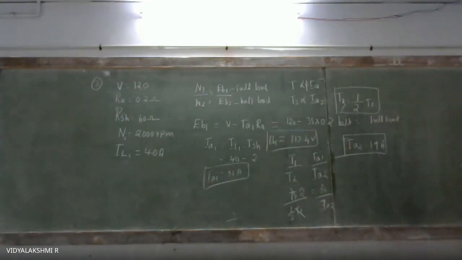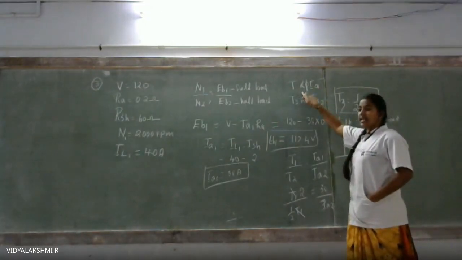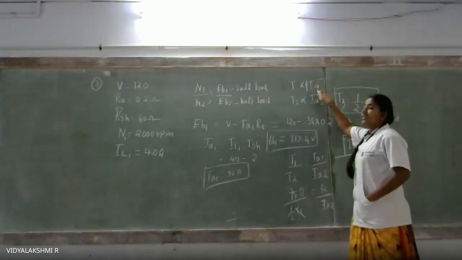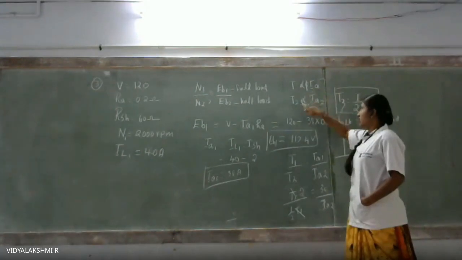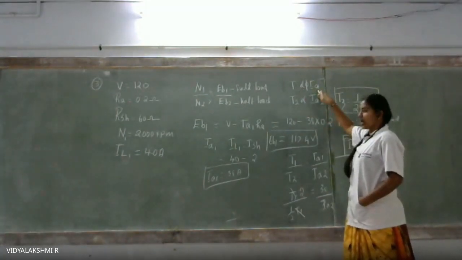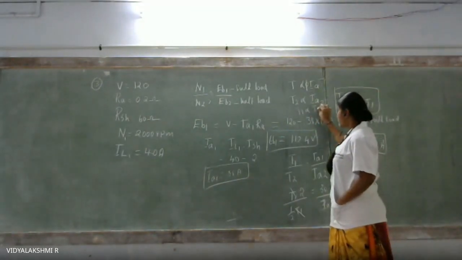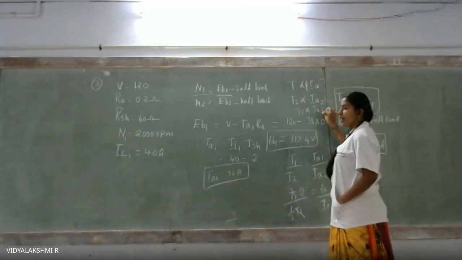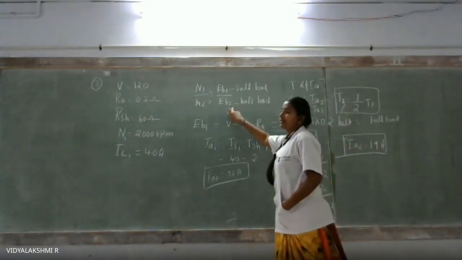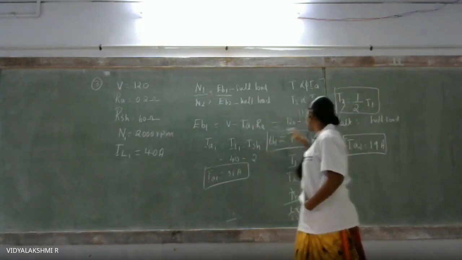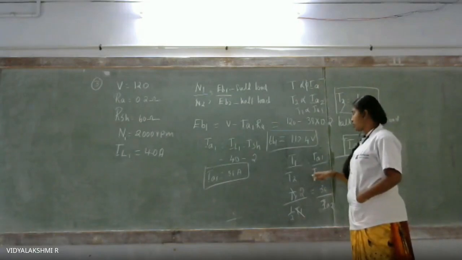I'm repeating once again. So we know that formula T is directly proportional to phi IA. I'm going to find out the IA2 value. For this, I can use the relation T is directly proportional to IA. So you can write it as T1 is equal to IA1 also. If we want to find out the other value with respect to the same formula, instead of N, I'm using the T value. So from this, you can write it as T1 is equal to IA1, and T1 by T2 is equal to IA1 by IA2.